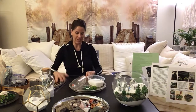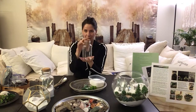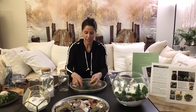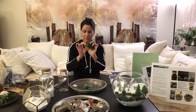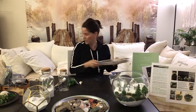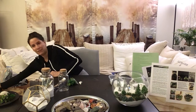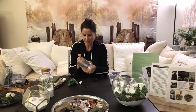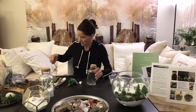All right, so now let's create this. What you need is just a jar. I'm going to use a closed jar, just some salt, and you can use either different kinds of moss or imitation trees, and I chose a wolf. So, because I'm going to do this for wildlife. Now, it doesn't have to be with wildlife. It can be really just with moss, but kind of fun like that as well. All right, so we're going to start with